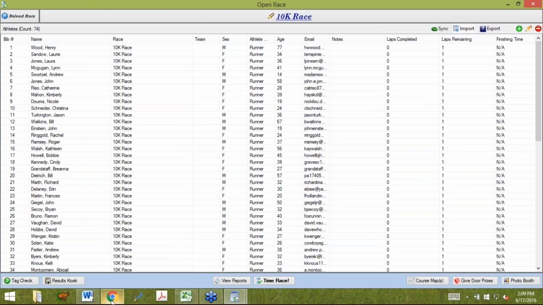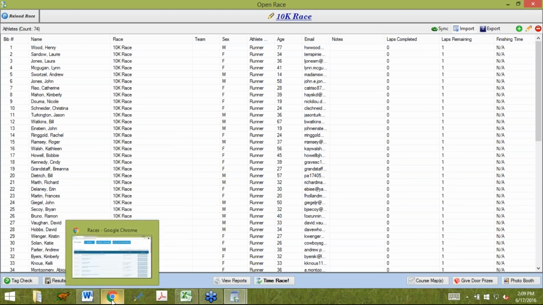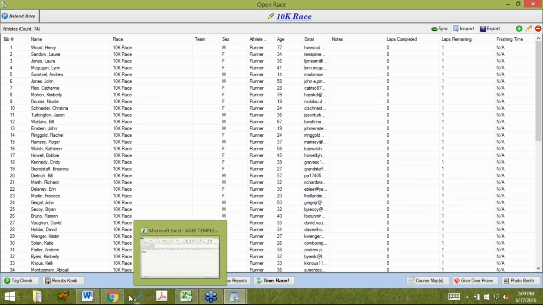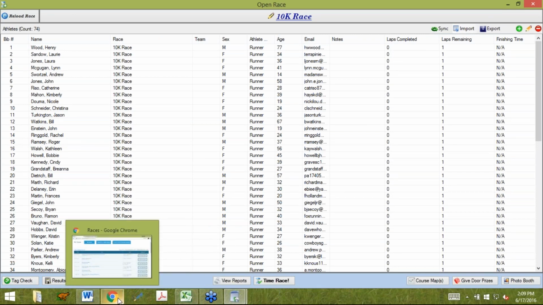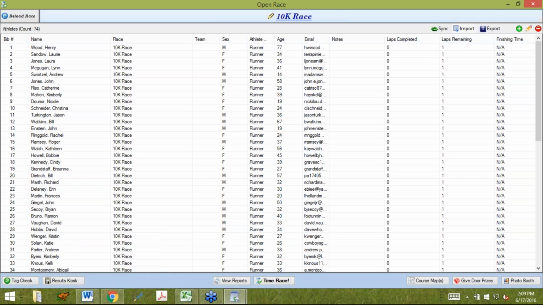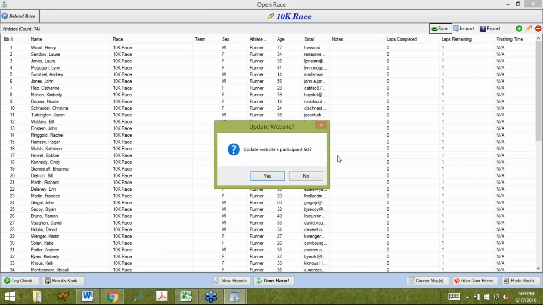So Doug, if you hadn't assigned bib numbers and you just did what you did, would that sync back to RunSignUp? Yeah. So if you were to hit sync, it'll come up with this: update website. I was going to get to this a little bit later, but it's all right to hit it now. If you were to update the website participant list,